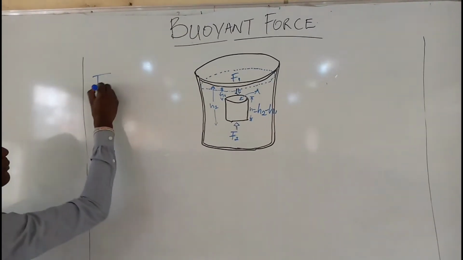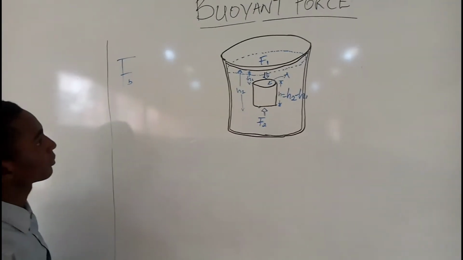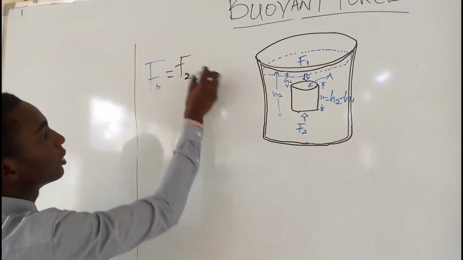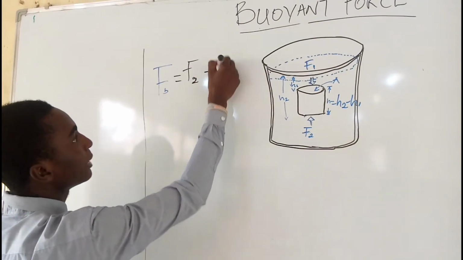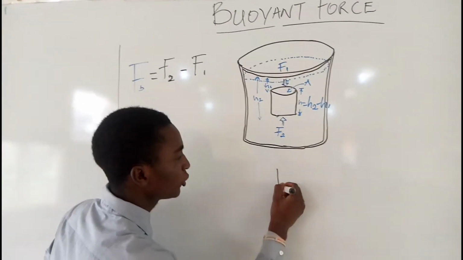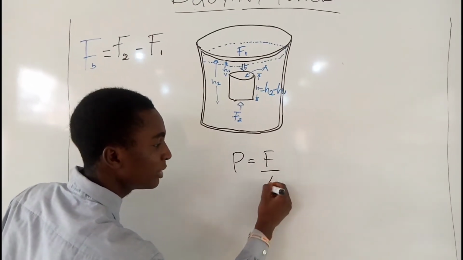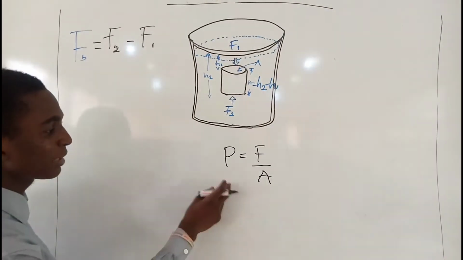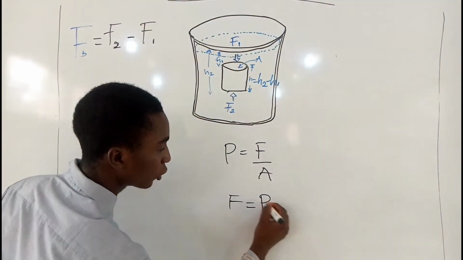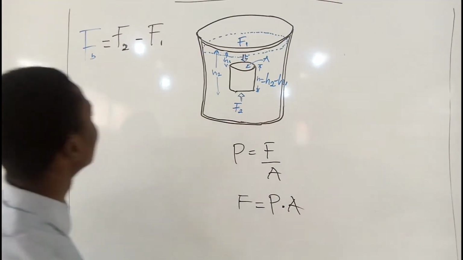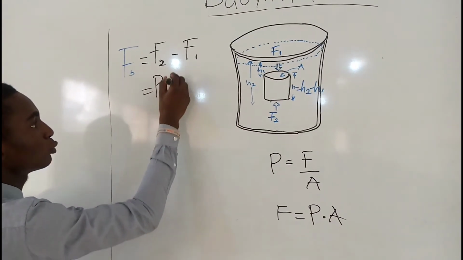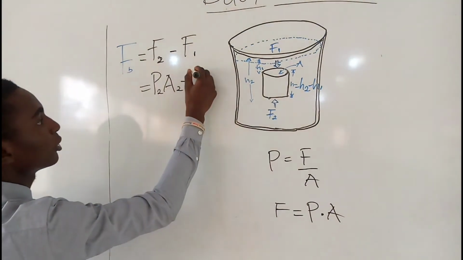Now, our buoyant force, FB, is equal to the opposing force minus my initial force. But note that pressure is force per unit area. So from here we are going to make force the subject of the formula. That is, force will be equal to pressure times area. Now I'm going to apply that here. Instead of putting F, I'm putting P2 A2 minus P1